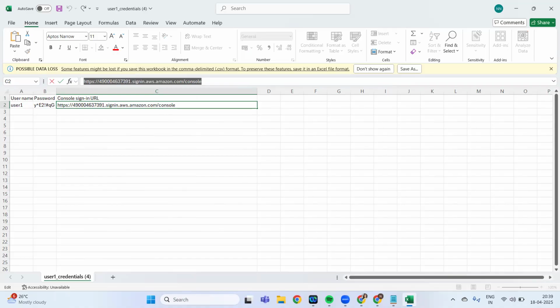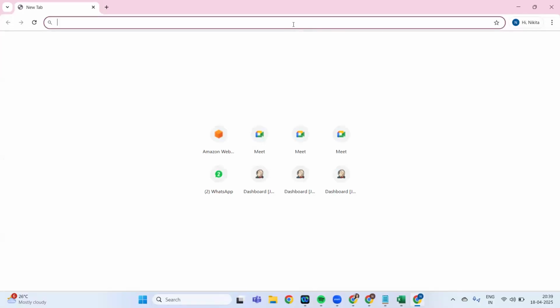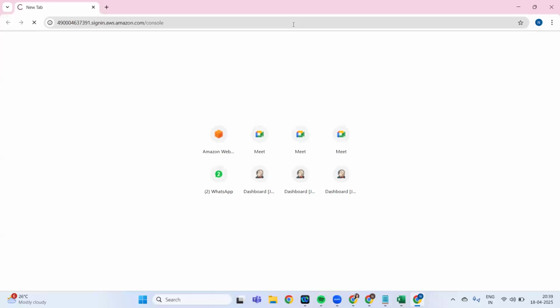Okay, let's go to a different browser so that it will not log me out of my AWS account. That's why I'm using a different browser. If you don't have any other Chrome account, at that time you can use an incognito window. Otherwise